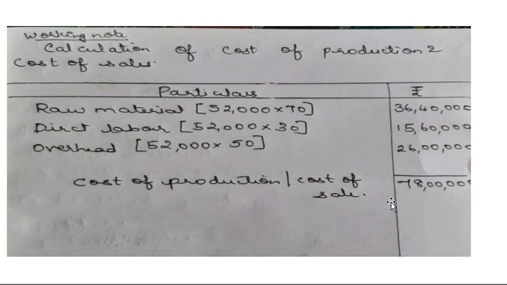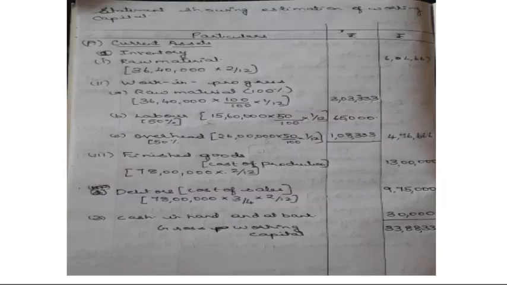So this amount you will use for the calculation of cost of production and cost of sale. Okay, both are used. And total material, everywhere you take the total amount, then multiply with the number of months. Okay, then calculate and write. Same as we have done, but the thing is here work in progress is there. Then 3/4 we have to take for the debtors. Then total cost of production and total cost of sale is the same.